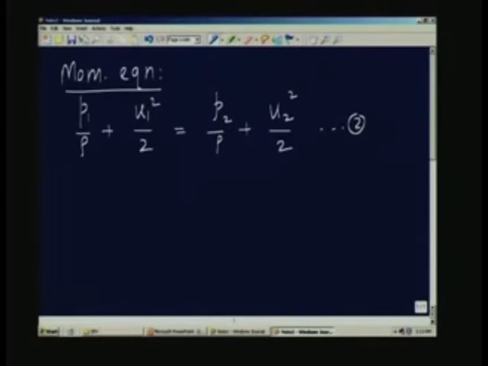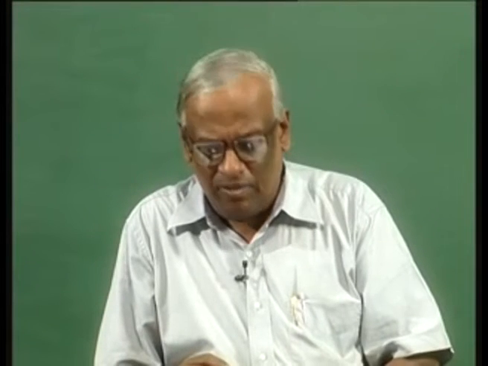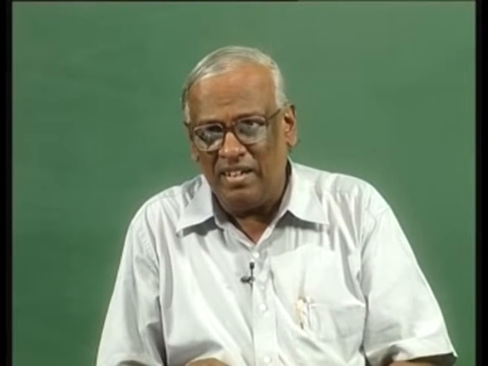So, we have two equations: the equation of conservation of mass, which became the equation of conservation of volume flow rate, and the second, the equation of momentum conservation, which on integration gives you this equation, assuming that the velocity is uniform across the cross section and is a function only of the location along the variable cross-sectional area duct.